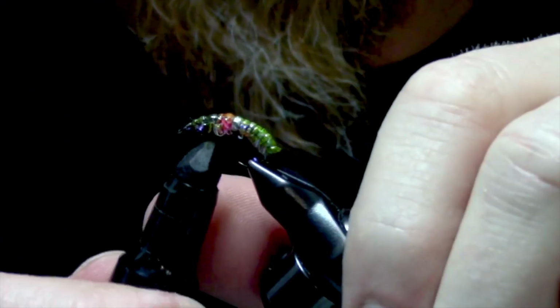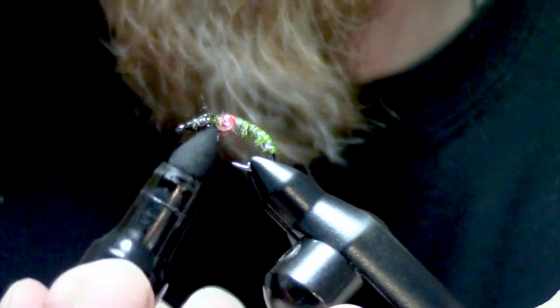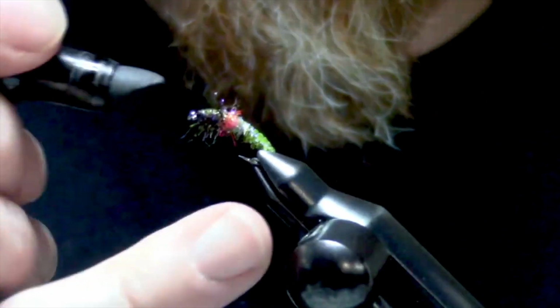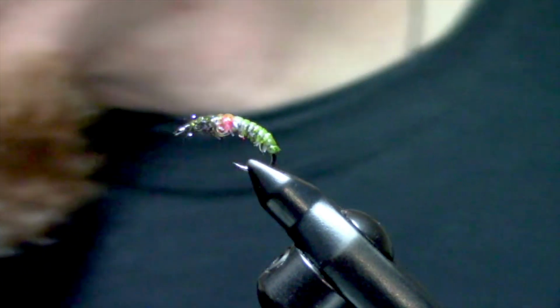But careful not to go over your hot spot though, just touch the underside with the Delta Brown. You could use black too if you wanted. And then to cover up that head area, I'm going to be using a UV clear fly finish,